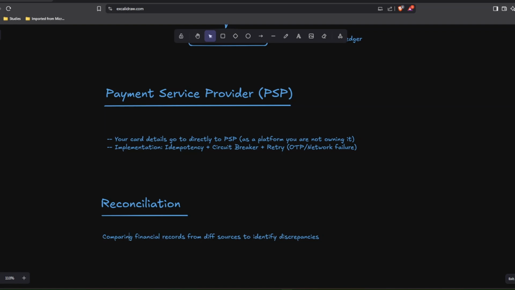and now your system, because it records all the transactions, can actually identify any discrepancies from the different sources. So this ensures that what you think happened financially actually matches what the external party says has happened. Suppose this PSP tells me that I have processed $90, but your system is telling that the buyer has paid $100. That is a kind of discrepancy, and to identify this, reconciliation is a very important